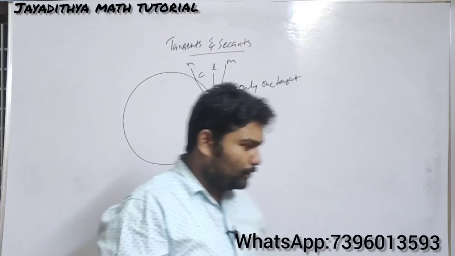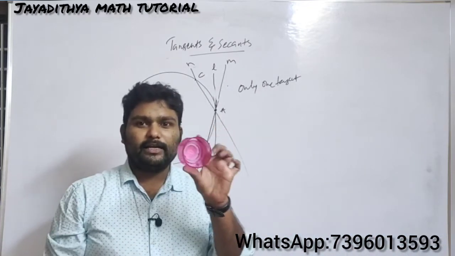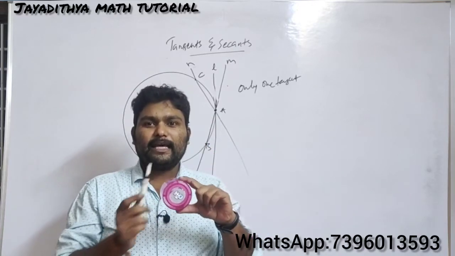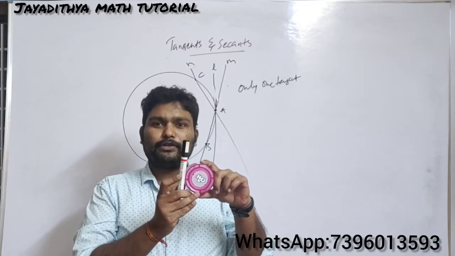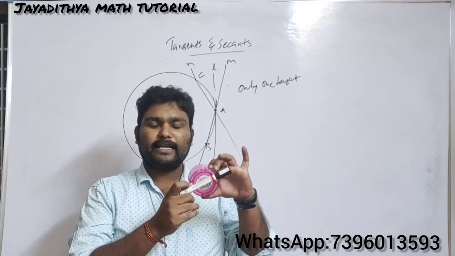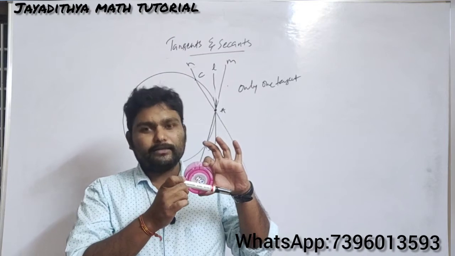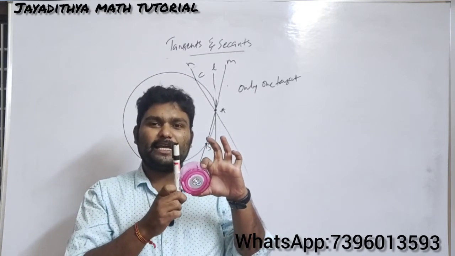Okay, for example, let me show you this one. How the tangent will be means, see here, let us think this is a circle. For this circle, this will be a tangent. And if you slant like this, then it is cutting the circle in 2 different points. Again, if you draw like this, it cuts the circle in 2 different points. So obviously you can draw only one tangent at any single point.